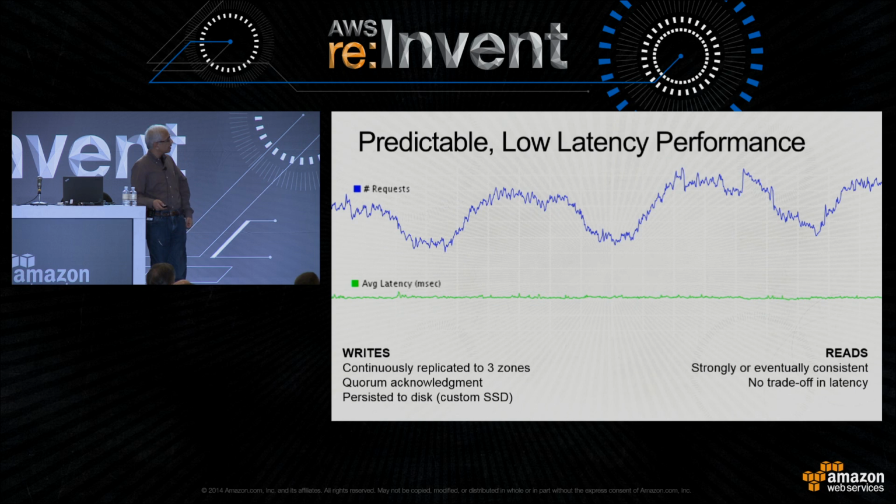So let me talk a little bit about the latency that I mentioned. Here's a graph from our fleet. As the number of requests go up and down, the average latency is flat. It gives you the same read latency and same write latency, no matter what you're doing with your database and how many IOs you need and what other customers are doing. And we have customers, and I will go through some of them, who use this in a very interesting way.